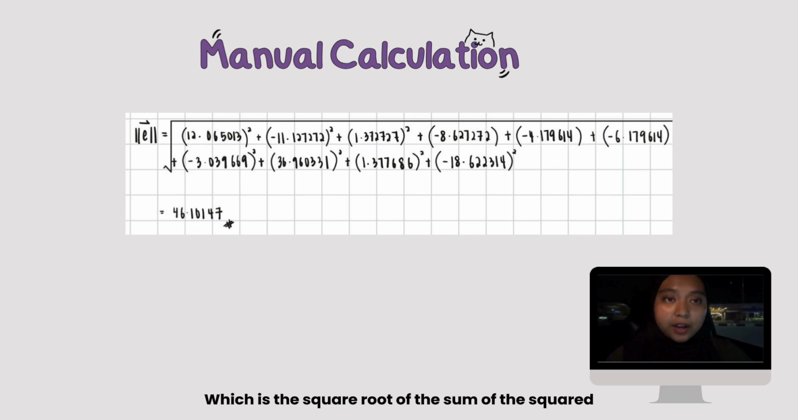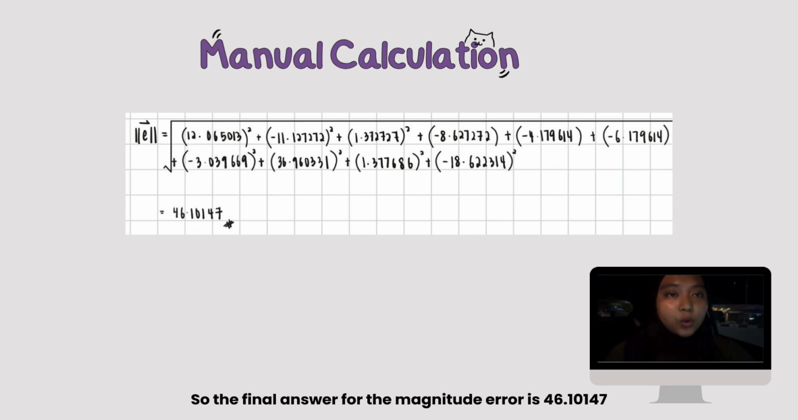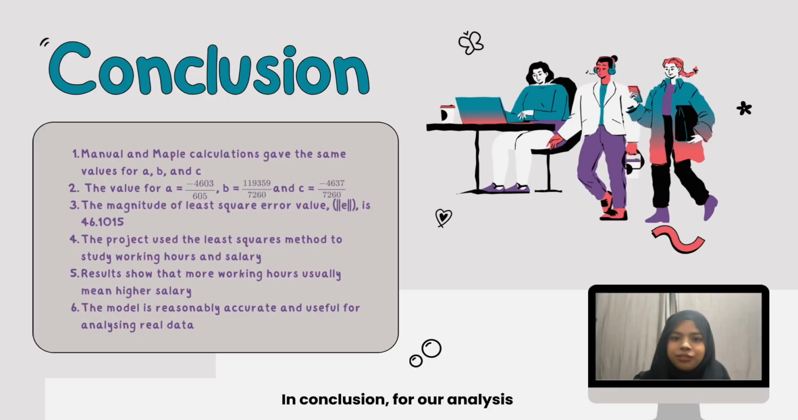So the final answer for the magnitude of error is 46.10147. In conclusion, for our analysis, both manual calculations and Maple commands produce the same values for A, B and C. The values are A, which equals negative 4,603 over 605. B equals 119,359 over 7,260. And lastly, C equals negative 4,637 over 7,260. So the magnitude of the least square error value is